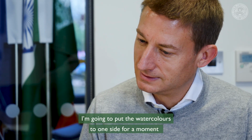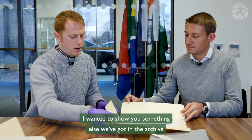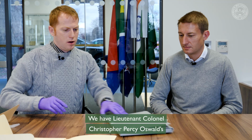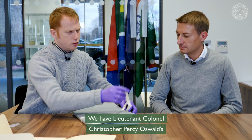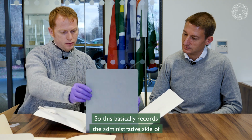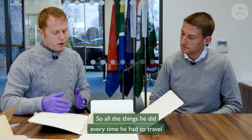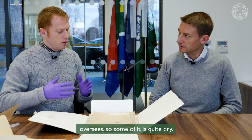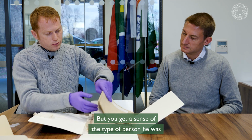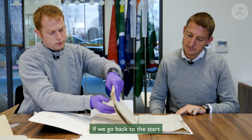Well, I'm going to put the watercolors to one side for the moment. I wanted to show you something else we've got in the archive, and that is Lieutenant Colonel Christopher Percy Oswald's staff file, as it were. This basically records the administrative side of his career: all the things he did, every time he had to travel overseas. Some of it's quite dry, but you also do get a sense of the type of person he was. If we go right back to the start, we have